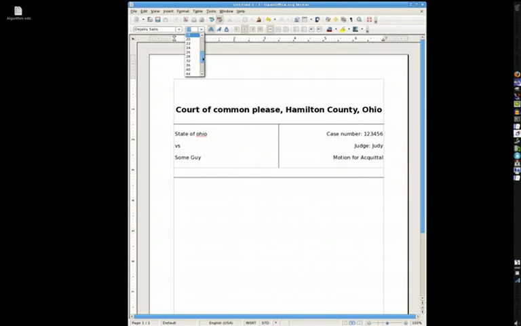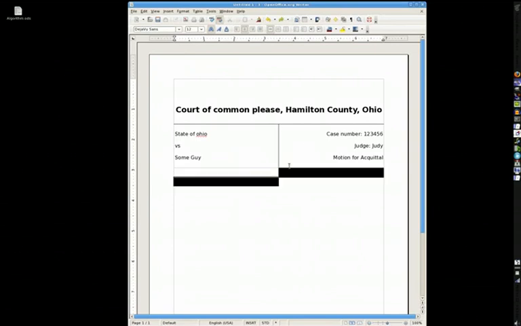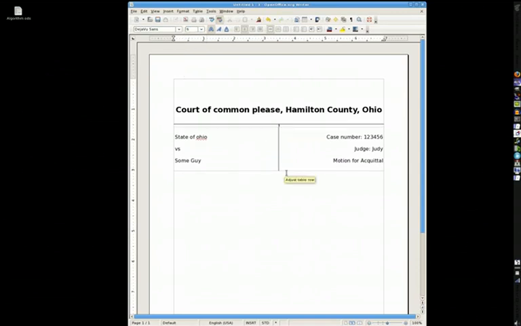Reduce the font size here so the gap between this border and this border is not so significant. But you cannot do that without changing this one so that it's not right up against the table, merged with the table. So now we have a small gap between that border and the vertical border, and then we'll go right here,